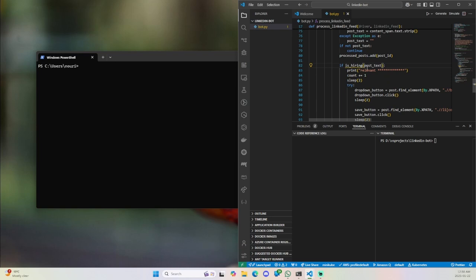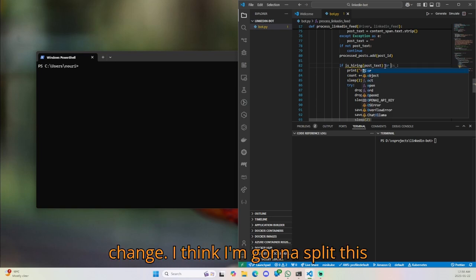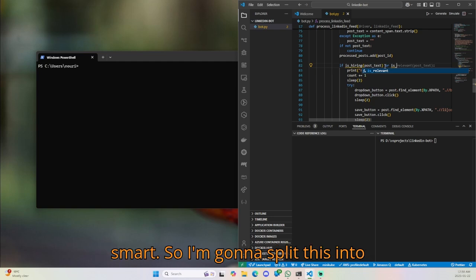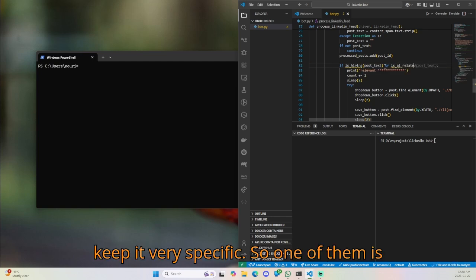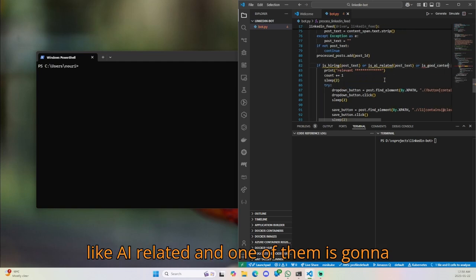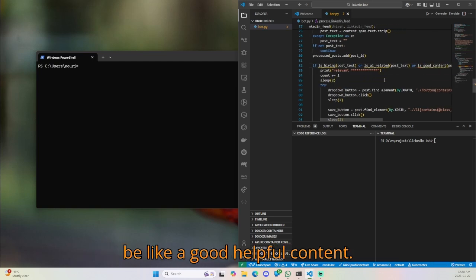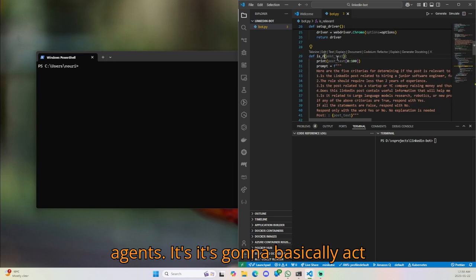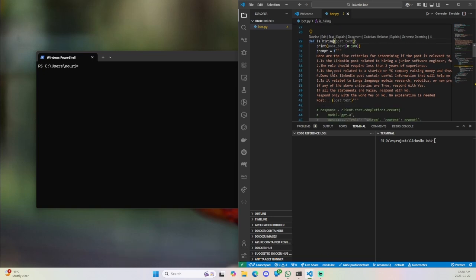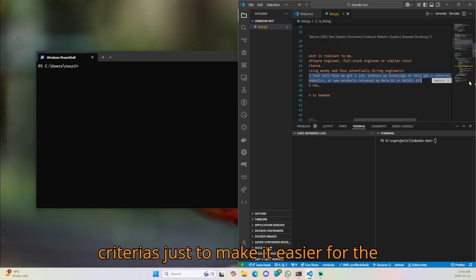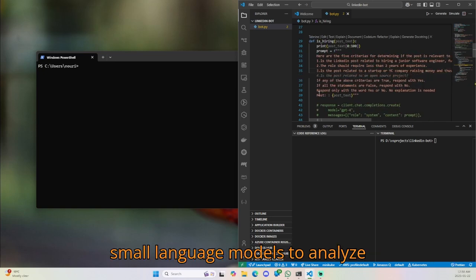I think I'm going to split this because the local models are not that smart. So I'm going to split this into different functions. So I'm going to keep it very specific. One of them is going to be hiring. One of them is going to be AI related, and one of them is going to be good, helpful content. And I'm going to have three different agents. It's basically going to act like agents. So I'm going to remove all the other criteria just to make it easier for the small language models to analyze